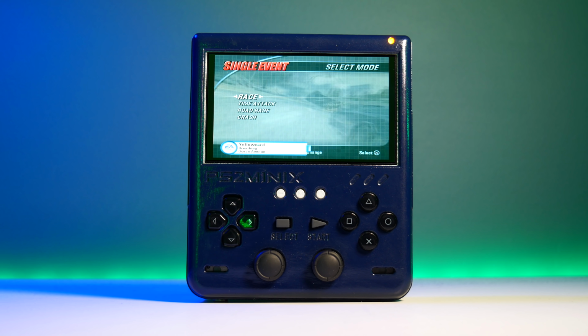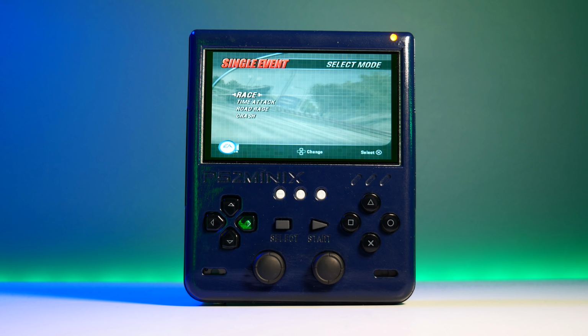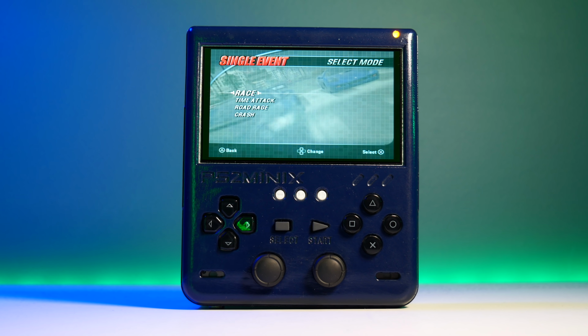I know what you're thinking, $800 for this? You might as well buy a gaming PC. Yes. But these things are one of a kind, built to order. They're not something you can just buy off the shelf. So what I'm going to do is take you around the handheld, have a look at some gameplay, and see